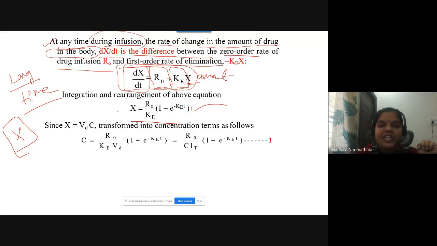Then instead of writing x, we need to replace it with C. Why? There is a relationship between x and C: the amount of the drug available in the plasma and the concentration of the drug available in the plasma. Since x is equal to Vd into C, this equation can be transformed in terms of the concentration. Then you will get C is equal to R0,